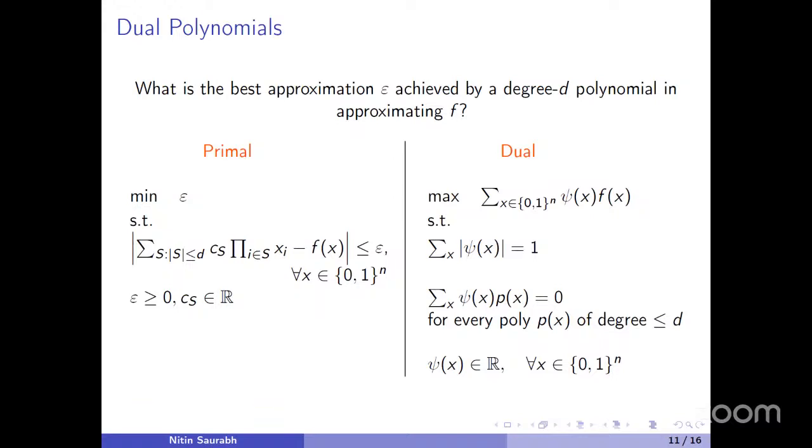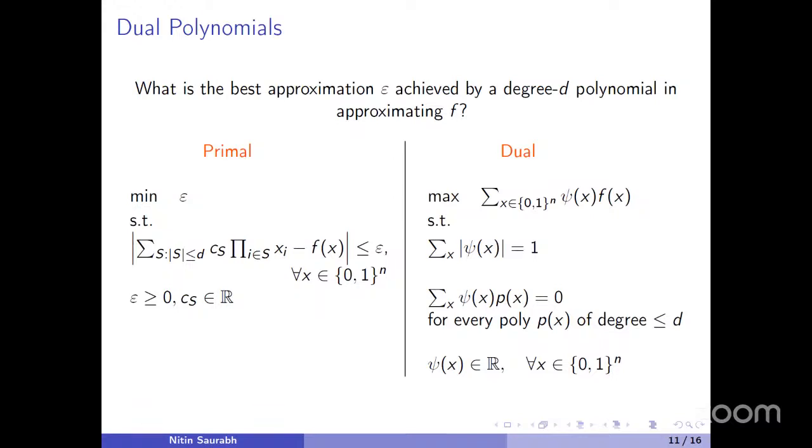If the primal is infeasible, how can you show that? That is, with degree D, you cannot approximate f within epsilon. That's what it means that the primal is infeasible; think of epsilon as a number in your mind. So you have to show a feasible solution for the dual, and a feasible solution for the dual looks like this. What it says is that you have a function psi of x over Boolean inputs,